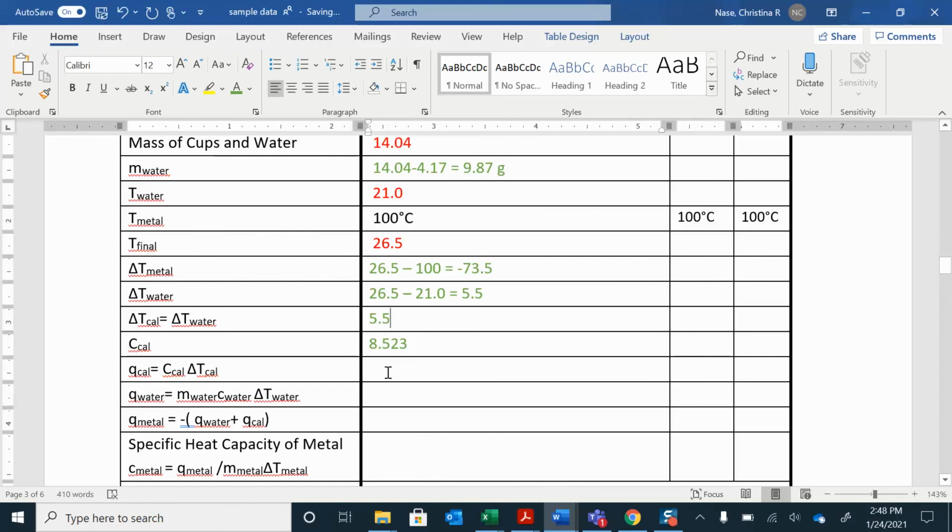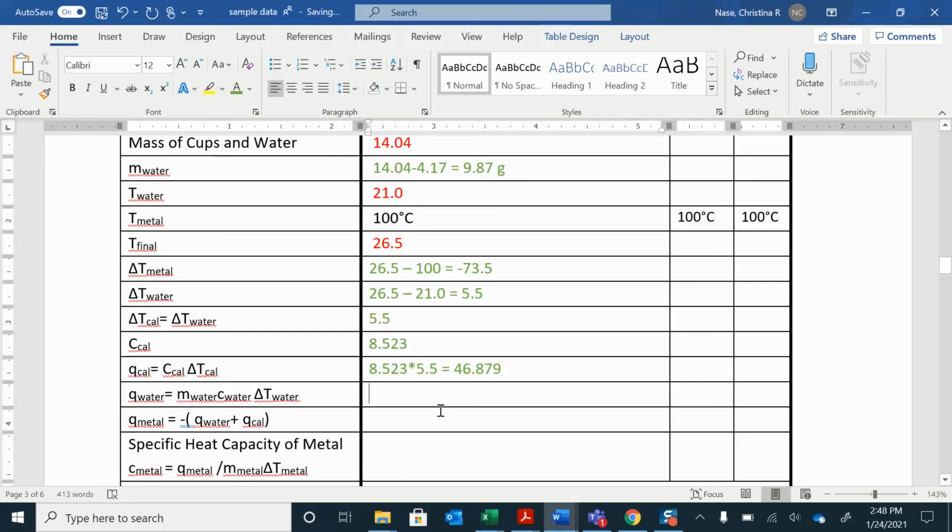And then Q-cal is C-cal times delta T-cal. So that's my C-cal, 8.523, times my delta T-cal, which is right there, 5.5. And that is 46.879. My Q water, so again, Q equals MC delta T, so I have my mass